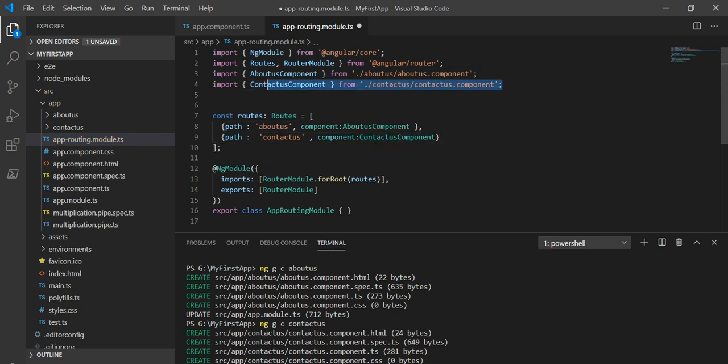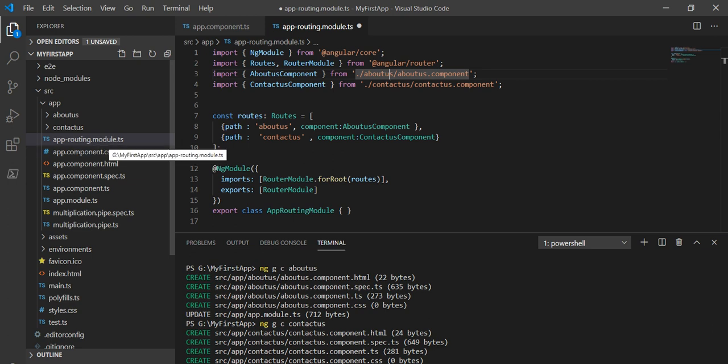When we added this one, it was already imported. So what we did so far: first we created the components, then we verified that those components are added to the app module file. After this, we created the routing module file. If you are using Angular 7 plus, then it is already created for us; otherwise you have to use a command to create this file.